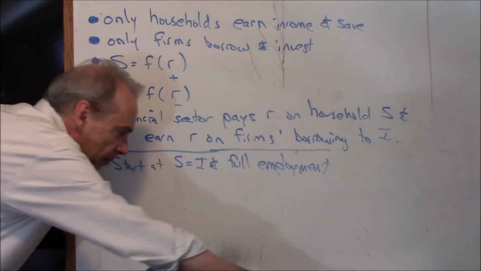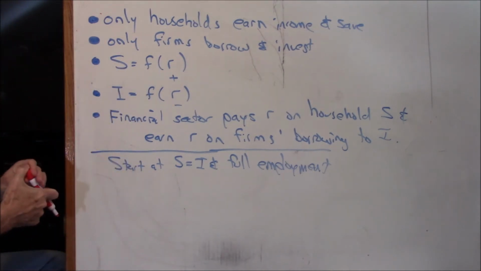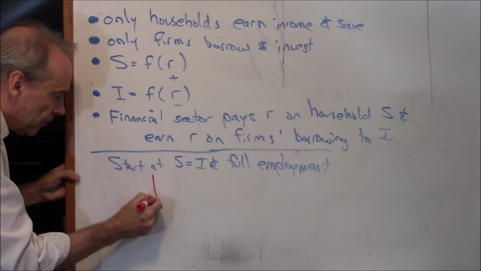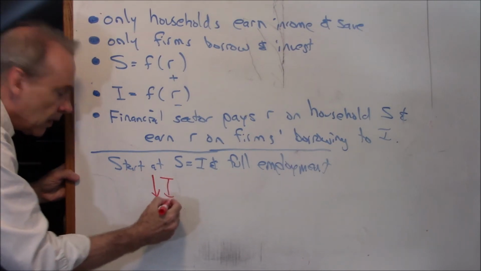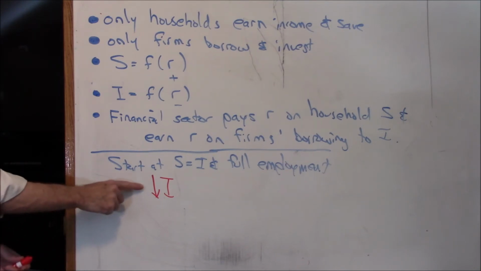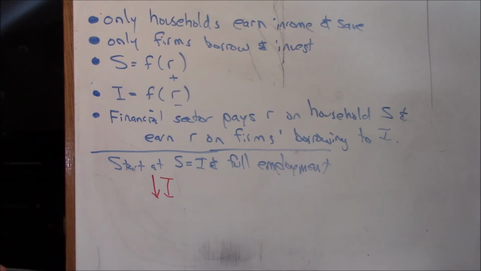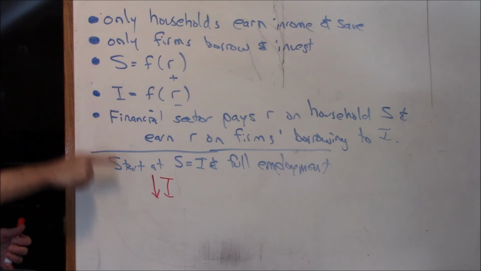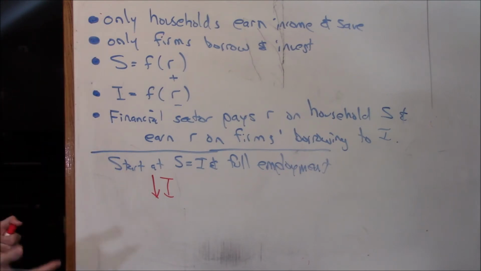Now let's say that firms decide, for whatever reason, to lower investment. So firms decide not to borrow as much for investment this period, which, by the way, happened before the Great Depression. There was a big collapse in investment. So this potentially could be a huge problem. This could cause a recession. And the question is, well, now what happens? What does this set into motion in the world that's described up here? Does there now result a recession?